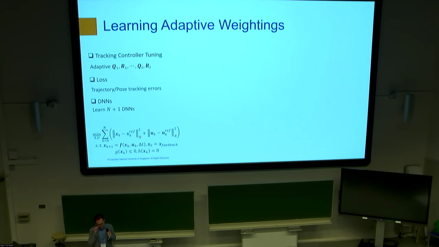All right, we have done 2 simulations. One is to learn adaptive weightings. We want to control the quadrotors of the multi-lift system to track a circular trajectory. And for the load, we consider the unevenly distributed load. So the geometric center is different from the center of mass. And we want to control the geometric center to track the circular trajectory and also keep the desired pose as well. So here we're tuning the MPC parameters Q and R.